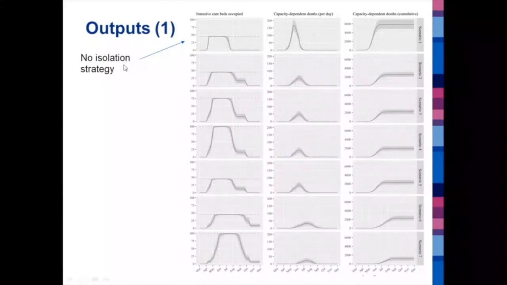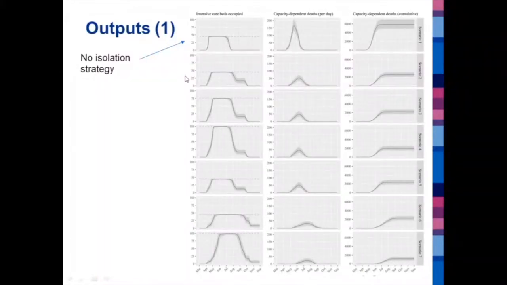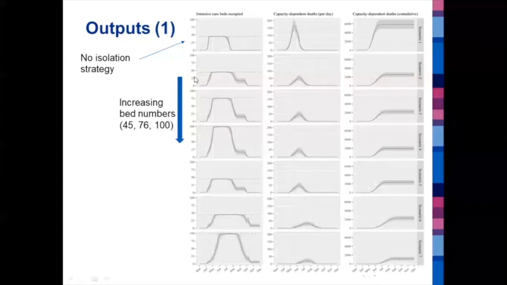What we can see is, if we assume that there was no lockdown put in place, then we would end up with a very high number. All of these numbers are quite high, but relatively speaking, a high number of capacity dependent deaths as a result of people who cannot get their intensive care bed sought. We can see that if we actually put in place, as we have now, the lockdown, then this reduces those